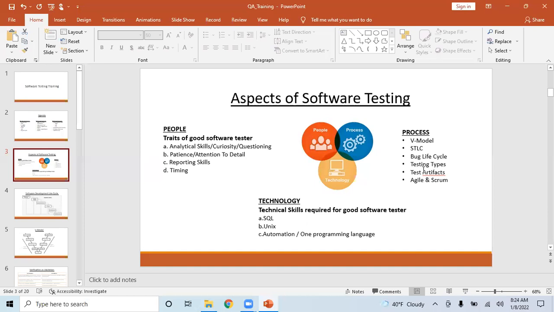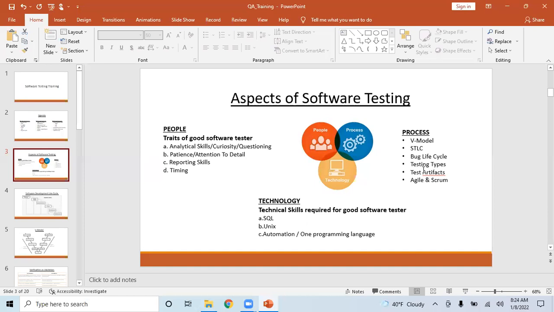You need to understand that. And the most important thing is you need to have at least one automation tool knowledge and one programming language knowledge. Whenever you work on an automation tool, obviously you have to do some kind of programming. So one automation tool and one programming language go hand in hand.